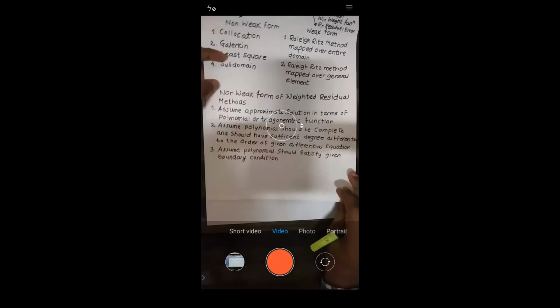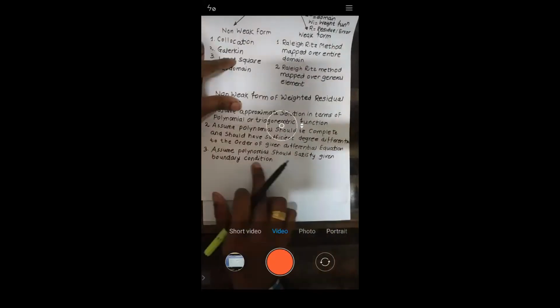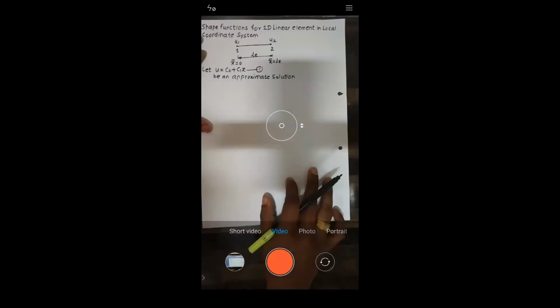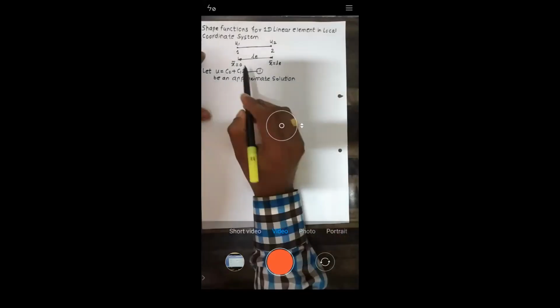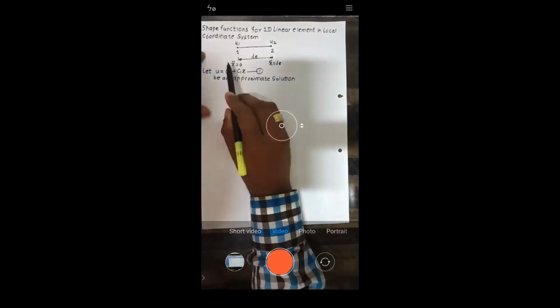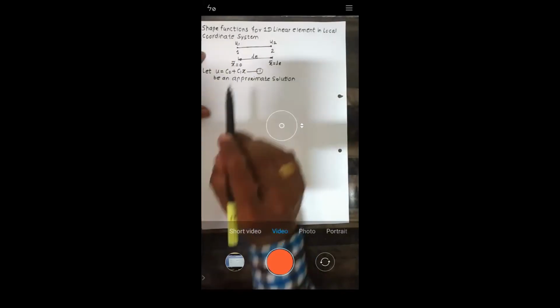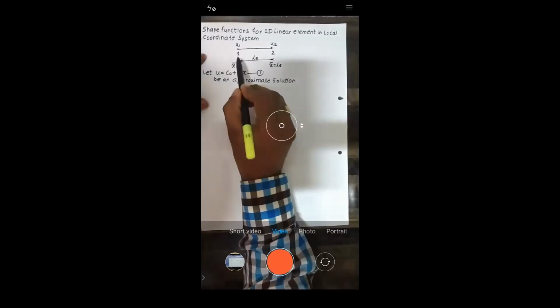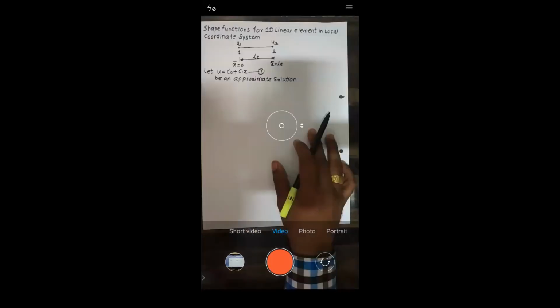Now see the third statement. Whatever solution you have written should satisfy the given boundary conditions. So now we need to apply the boundary conditions. Can you see this? X bar is equal to 0 and X bar is equal to LE. These are nothing but boundary conditions. Yes or no? Because these terms tell us about the boundary.